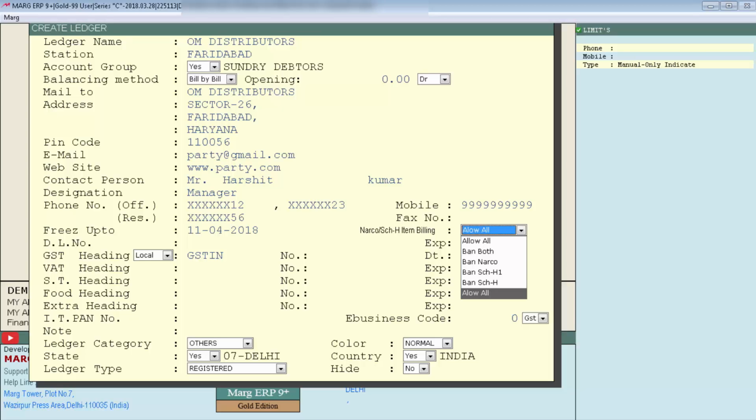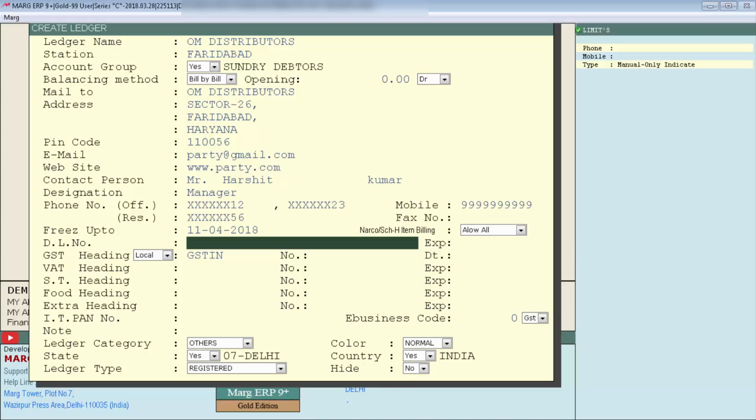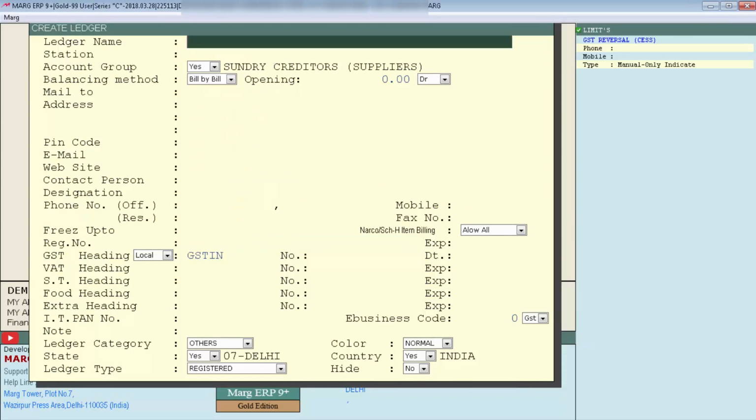This field is also compulsory for our pharma trade. There are some alcoholic influence medicines in pharma for which the drug department has made different schedules. So you can set here whether you want to do billing of different schedules of drugs or not. Then is DL number, which means drug license number. If your party has a drug license number, you will mention that number here. And one thing you will take care of: if your party is not a pharma, then you can disable this field from setup.